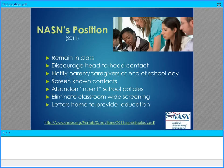As the professional organization for the specialty practice of school nursing, NASN has a responsibility to its over 16,000 members and the public they serve to provide the guiding voice for practice. This is done, for example, through NASN's position statements that supplement the scope and standards of professional school nursing practice. In the 2011 NASN position statement, you will find outlined guidance for school nursing practice based on the evidence that